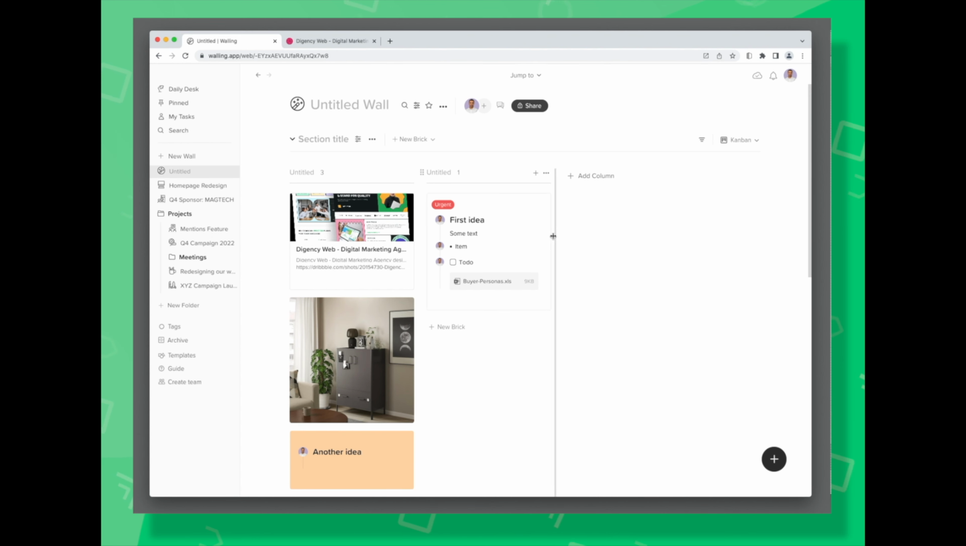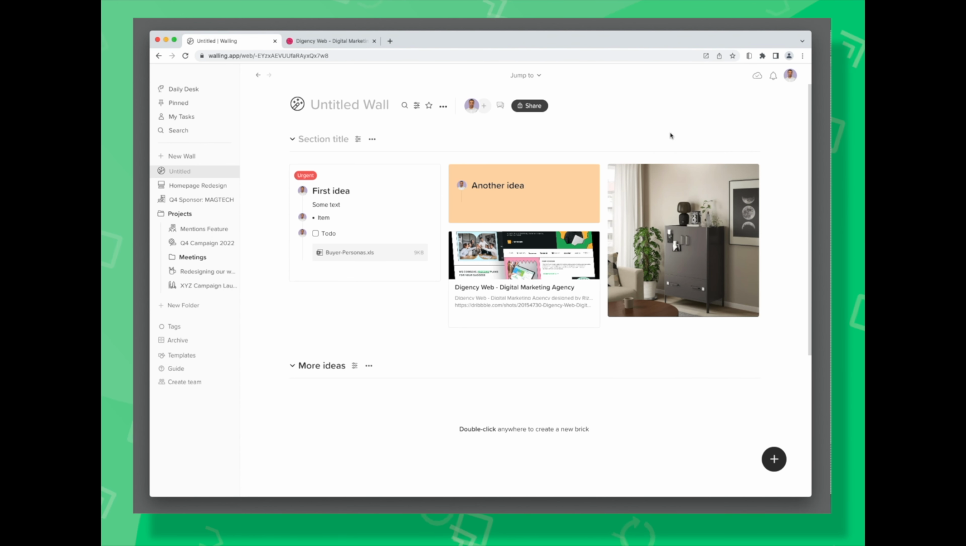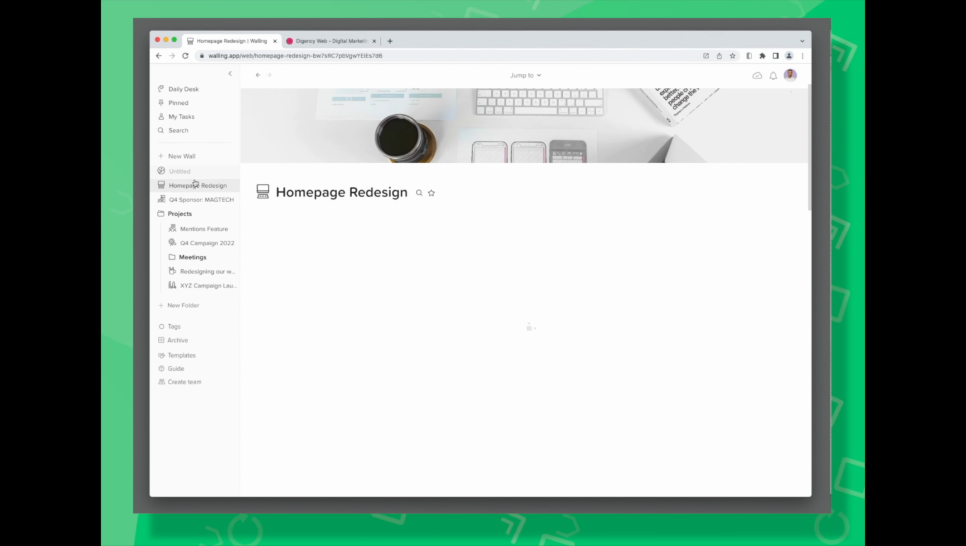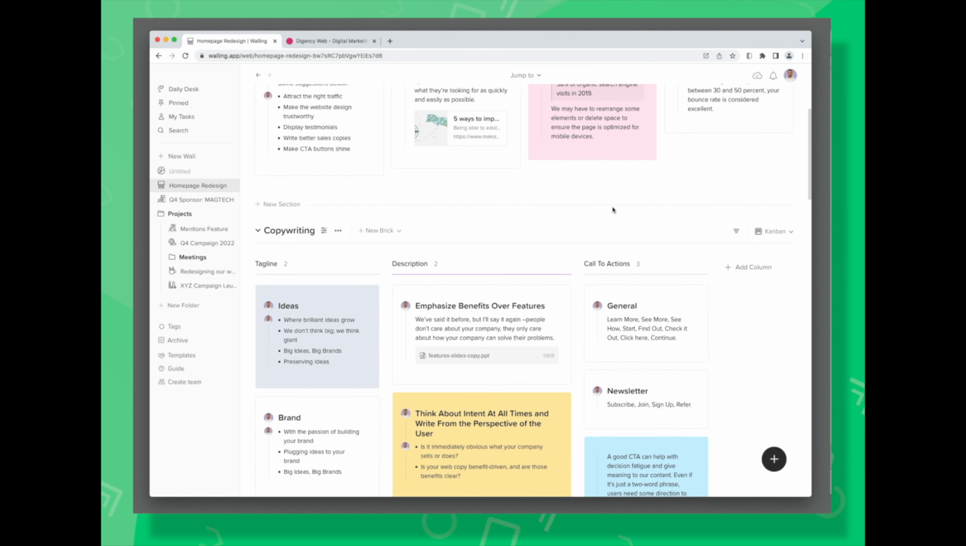I can even resize the width of a column. So as you can see, Walling made it very easy and fast for me to collect a bunch of ideas with absolutely no friction. So let's get back to this wall here, and I have collected and organized a bunch